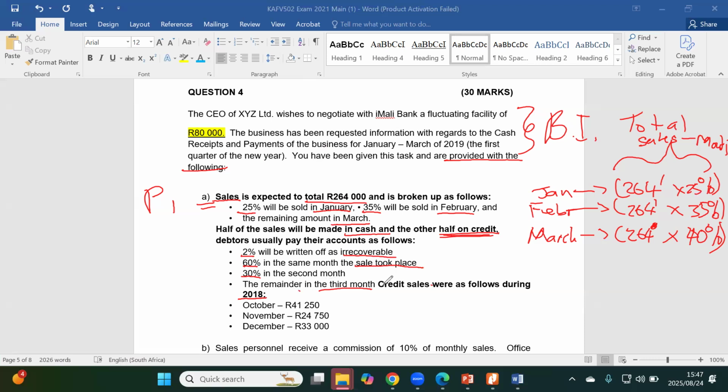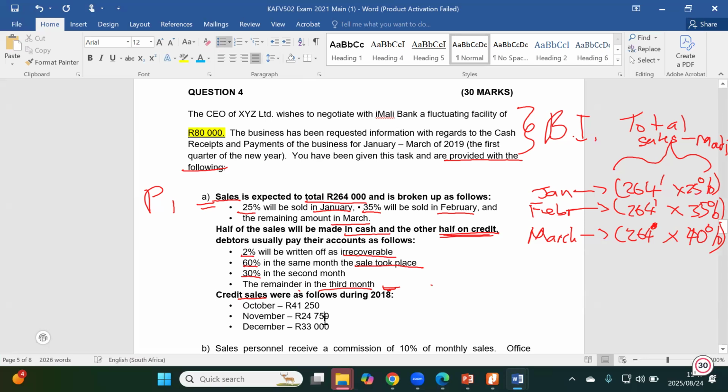I think this point was supposed to be an individual point, so I don't know what happened there. But technically, let me just try to see if we can correct this. I think it's supposed to look like this. When they say credit sales were as follows during 2018,